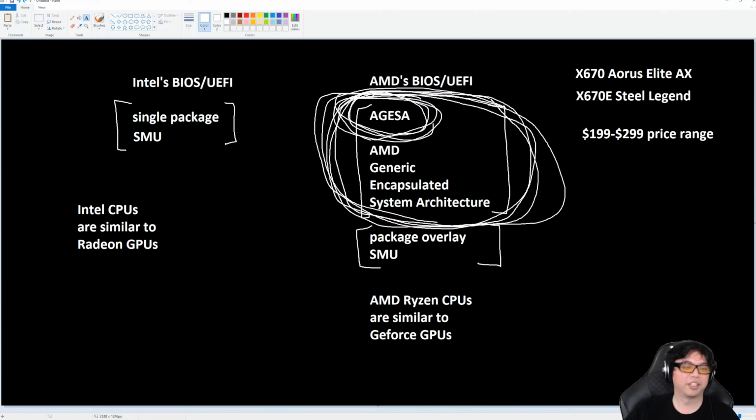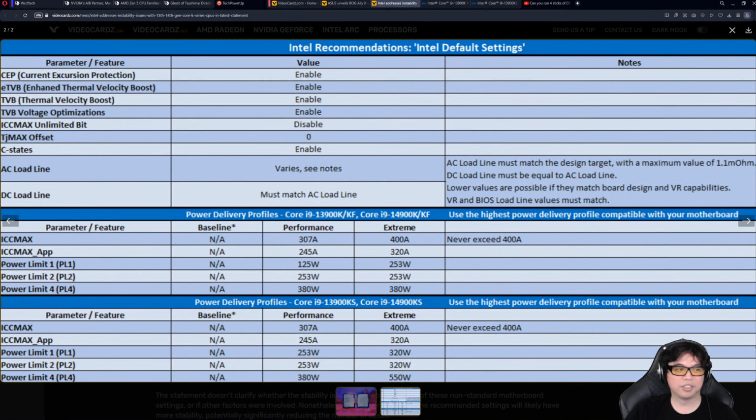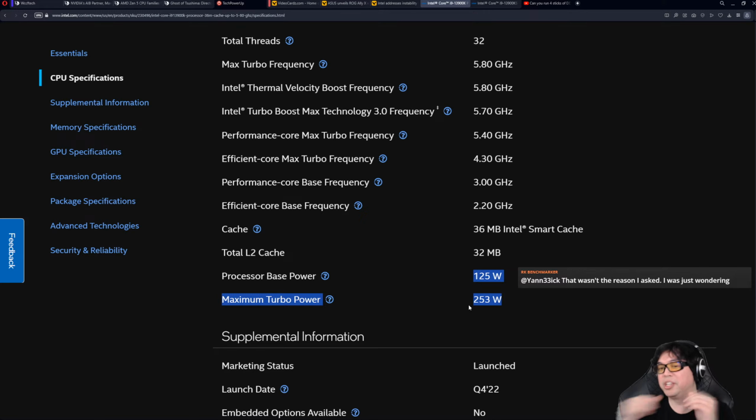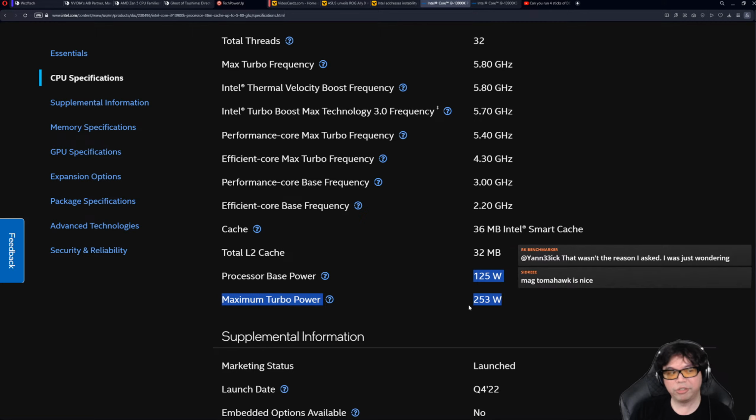Well, I can tell you about the power limit. If you do this, just setting your CPU to follow what's shown here, meaning even if you don't mess with ICC max and SAP and all those things, if all you do is what I show in the video, you're not gonna ever hit 100 degrees anymore. And by the way, the video